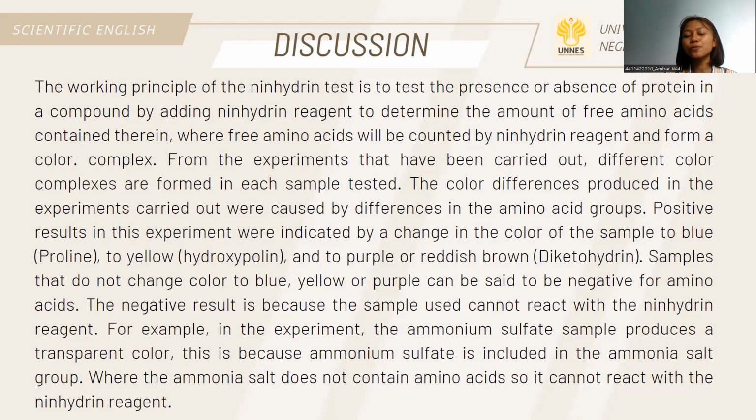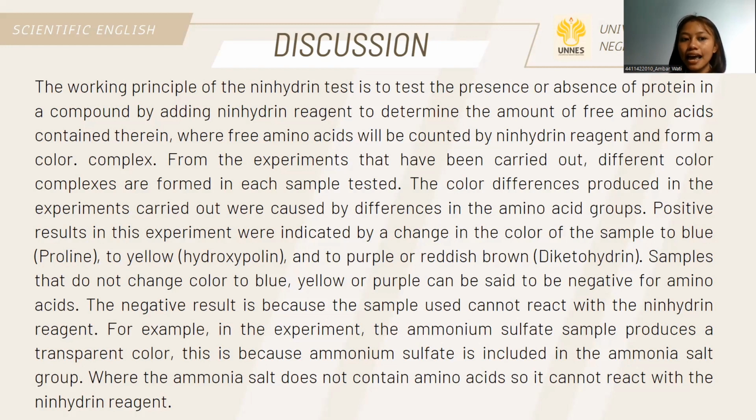Positive results were indicated by a change in the color of the sample to blue, which means that the sample contained the amino acid group proline, and to yellow, which means that the sample contained the amino acid group hydroxyproline, and the last to purple or reddish brown, which means that the sample contained the amino acid group